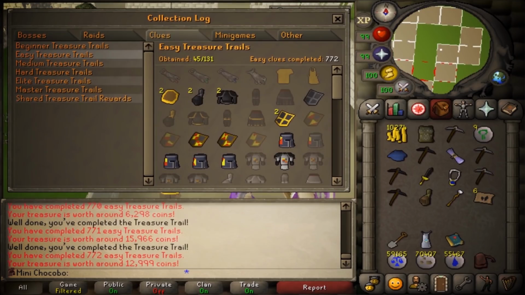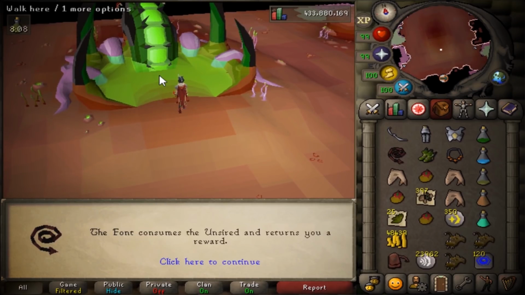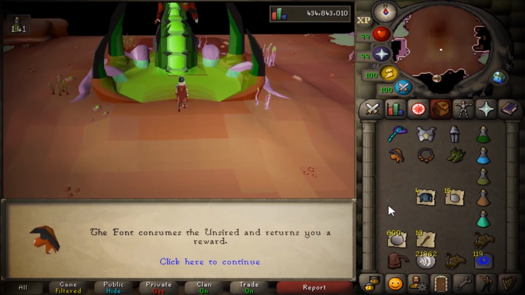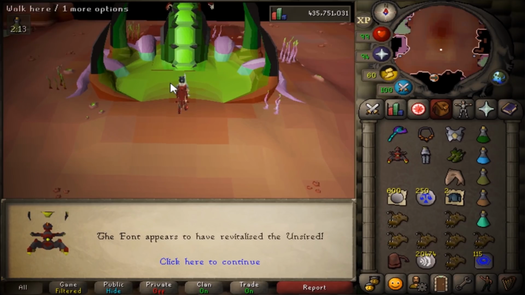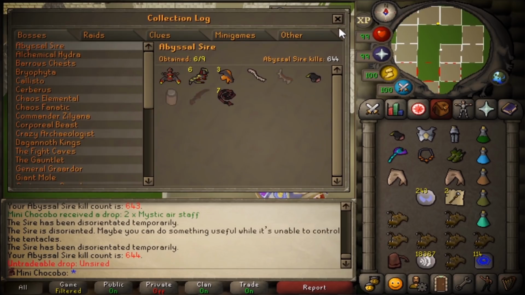After around 50 easy clue caskets, we completed our hard assignment and finished up World 4 with the Abyssal Sire. Now, Abyssal Sire proved to be much more of a menace this time around, providing me with a total of 5 unsireds before completing the task. Now with 2 extra Abyssal heads, a whip, a pet, and finally my second bludgeon piece, we're moving on to